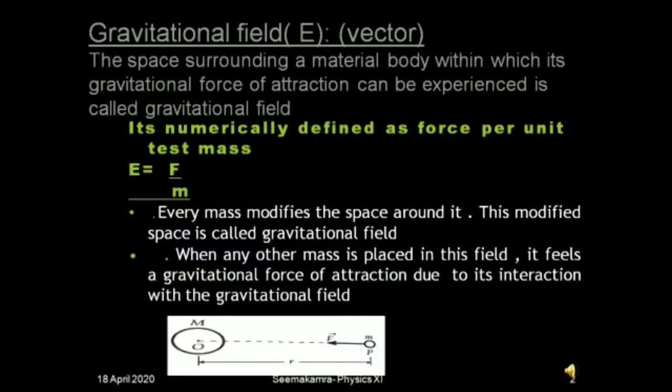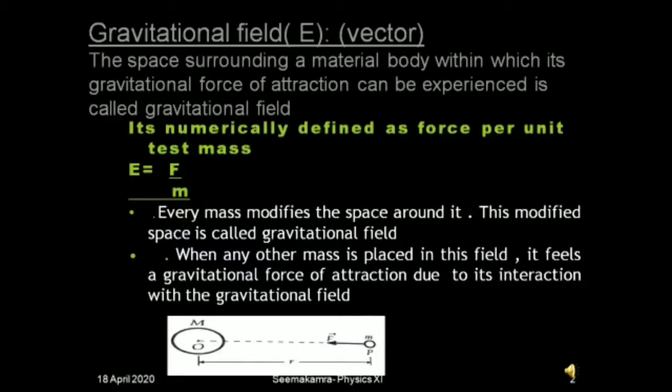Like north and north repel, north and south attract each other. So that means around any magnet there is a region where the other magnet will experience the effect. That region is called their magnetic field. In the same manner, in this chapter we have the source as mass. So whenever we are around any mass, means material body,